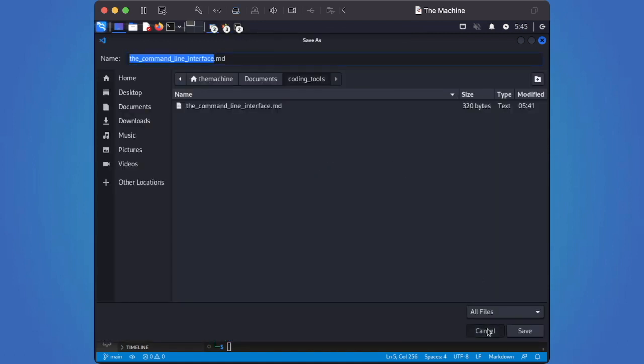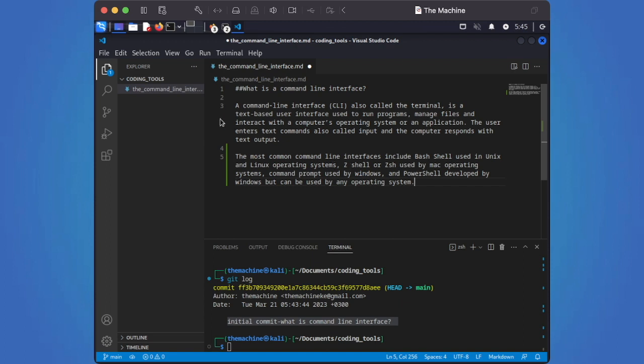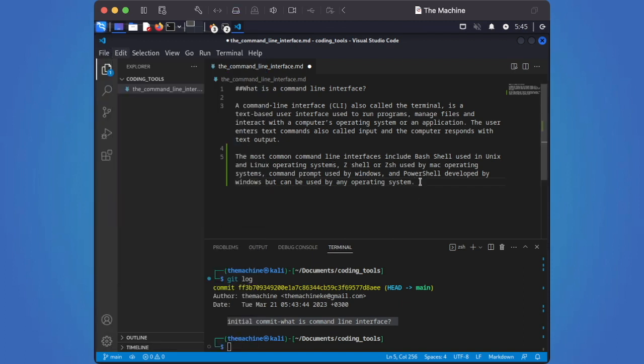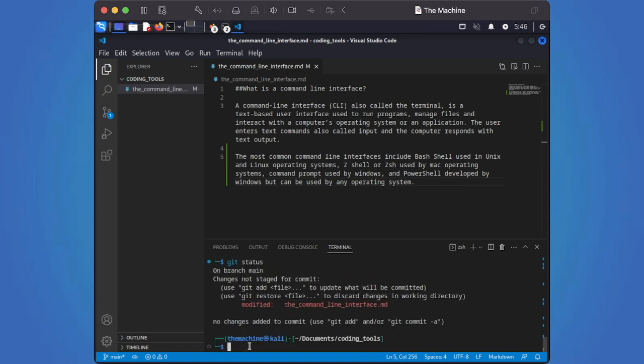Let's make sure we save that. So once we save that, let's go and check the status again. You can see there's an untracked change here. So it is in red. So it's not been added. So changes not staged for commit. So it tells you changes not